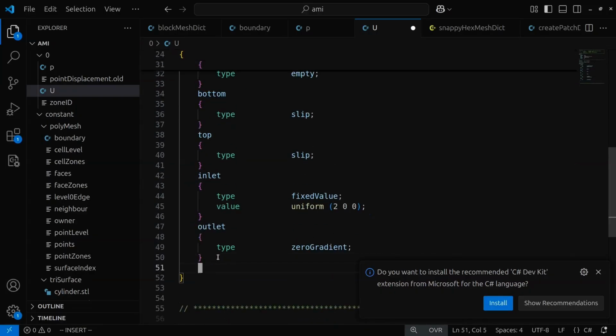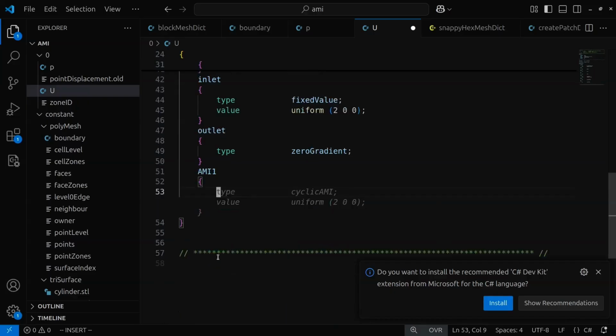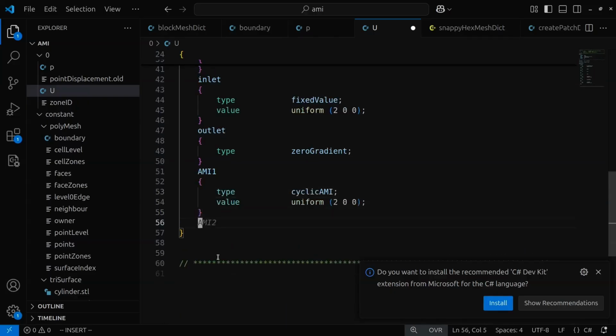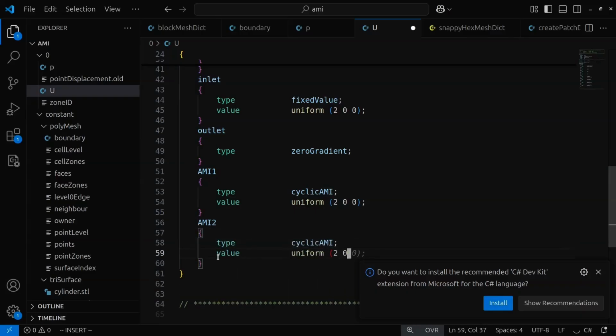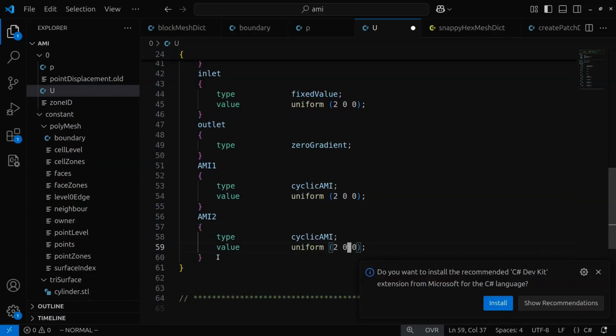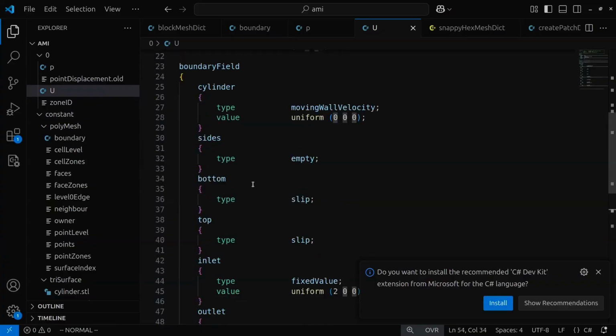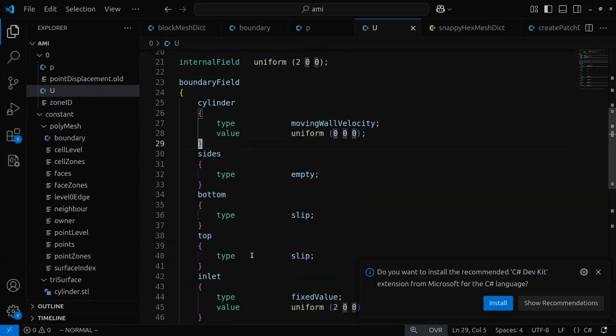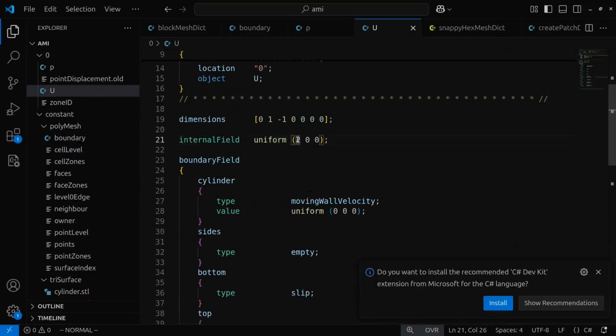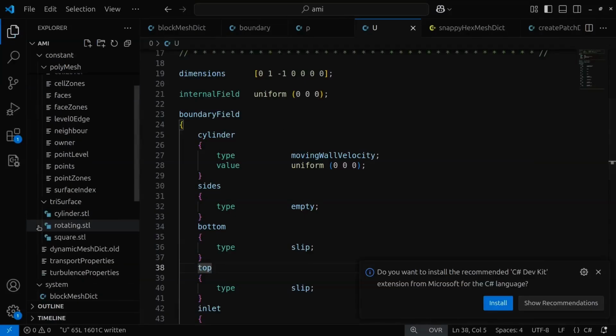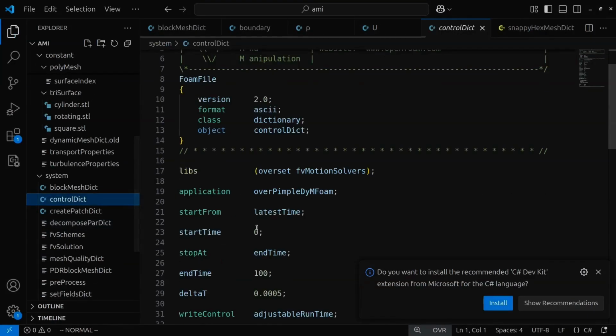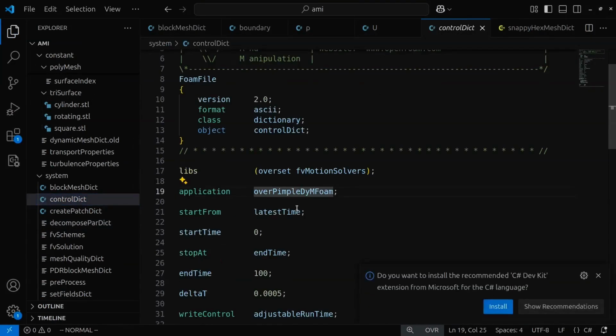And then again AMI1, which is of type cyclic, and AMI2, which is of type cyclic again. And here the velocities will keep as 0 as for others. After this much, we don't need anything else, and we can try to run this. Let's make this also 0. So other things, for example, in controlDict, we are going to run pimpleFoam,